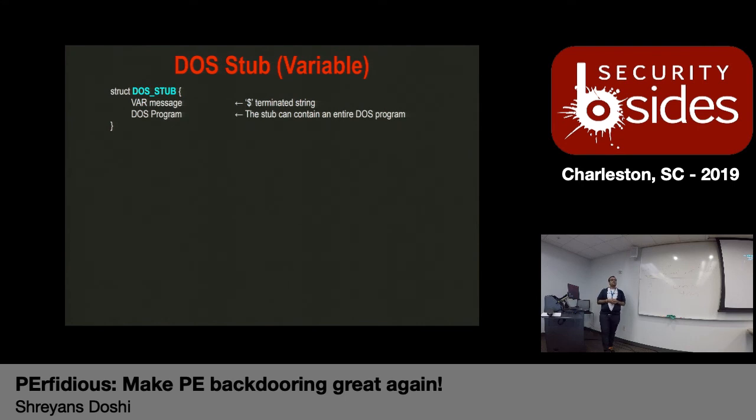In 2016, they put out a challenge which was basically a DOS file. Once you completed the reverse engineering challenge and executed the file, it said that this program cannot be run in DOS mode, right? So it was a DOS program which was present inside this DOS stub. The DOS stub can contain an entire DOS program hidden inside it, or it can contain a program which runs and says, okay, this program cannot be run in DOS mode when you try to execute it in DOS mode, right?